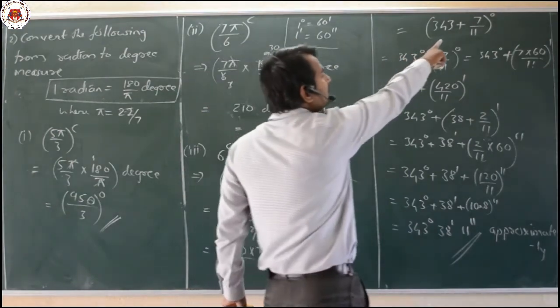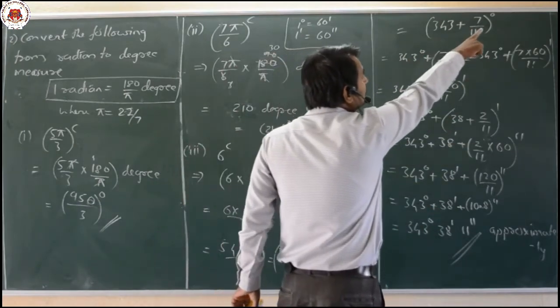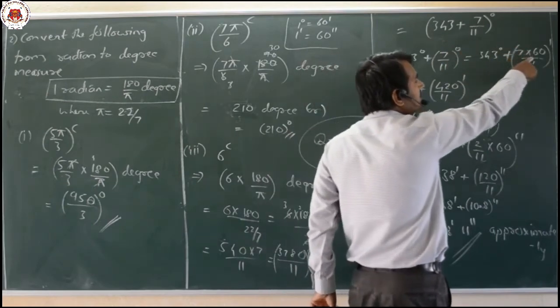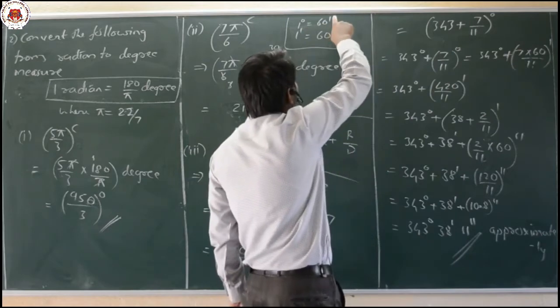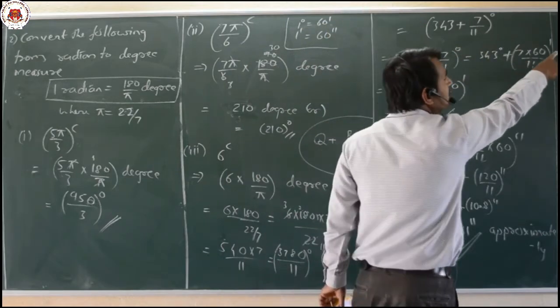That formula we had used here, after dividing it, is in terms of degrees. Then this particular degree, if I multiply it by 60, gets converted to minutes. Why? Because 1 degree is equal to 60 minutes. Degree to minute means I have to multiply by 60.